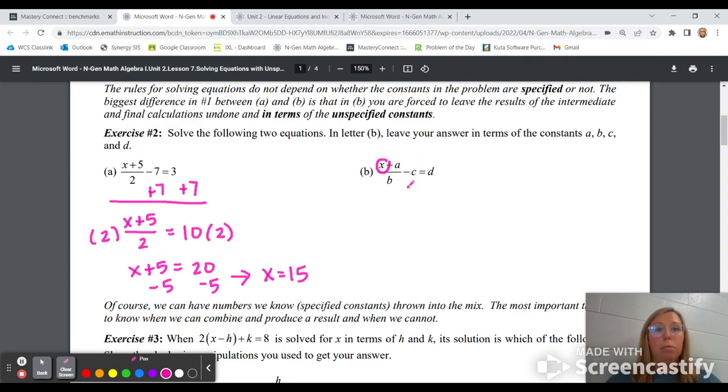So since C is being subtracted, we're going to add C to both sides. That's going to give us x plus A